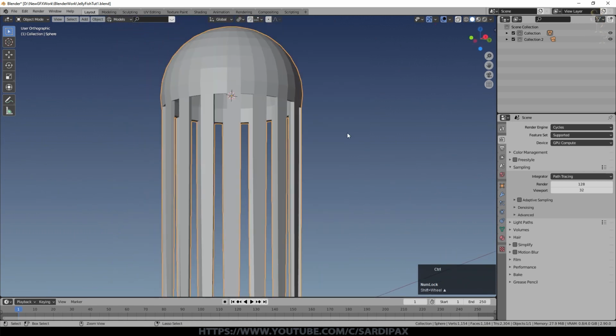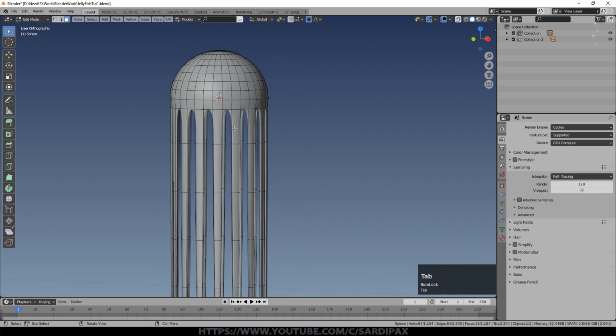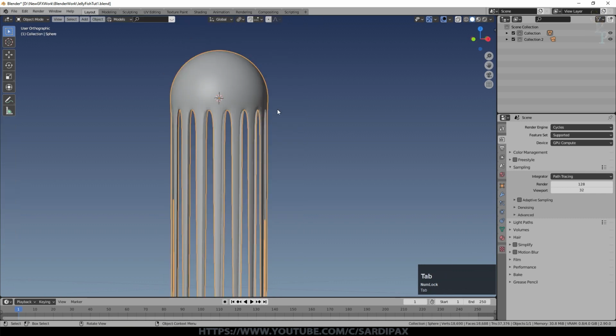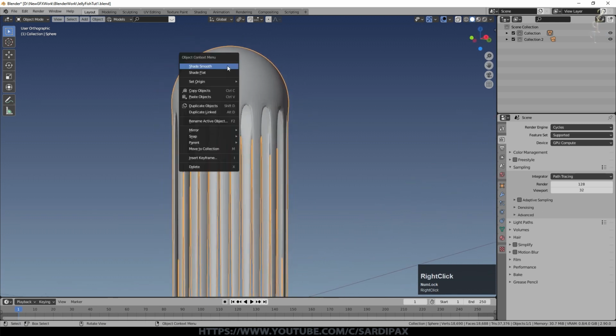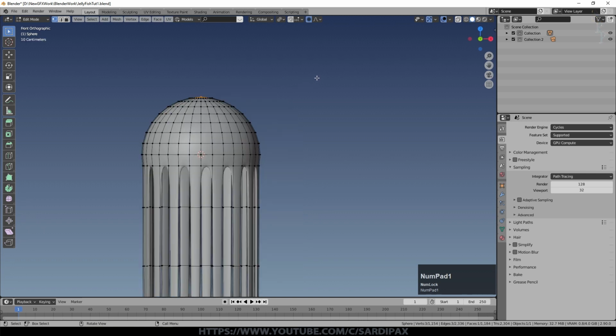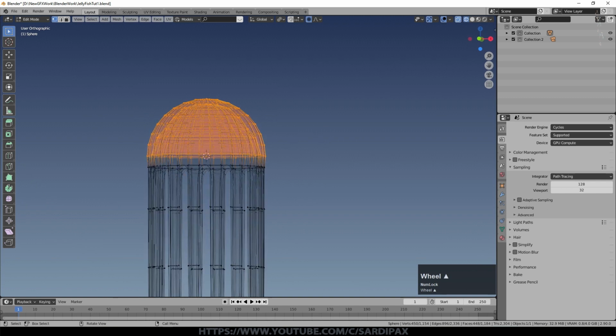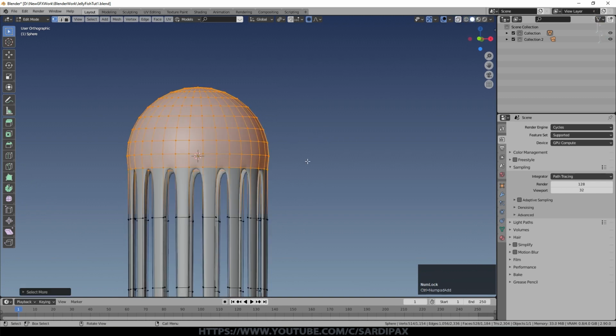I'm going to add subdivision surface. If you don't want that area there, you can obviously add some more loops and pull them up, but I'm quite happy with that. And I'm going to select it and say shade smooth. So now we'll go back to vertex select, go to wireframe, and we'll select this set of vertices, and we'll go one more, and we'll see how that looks.